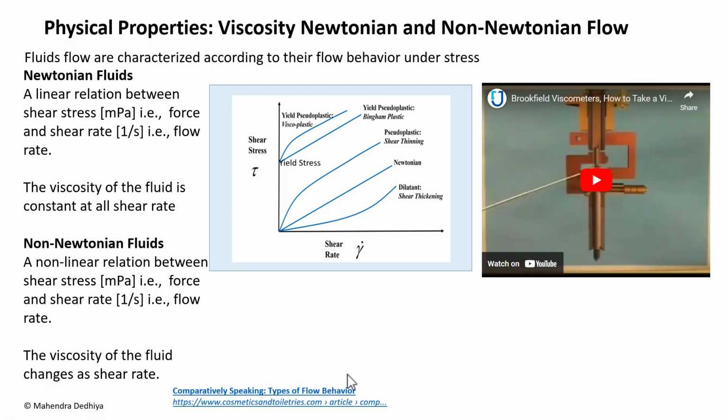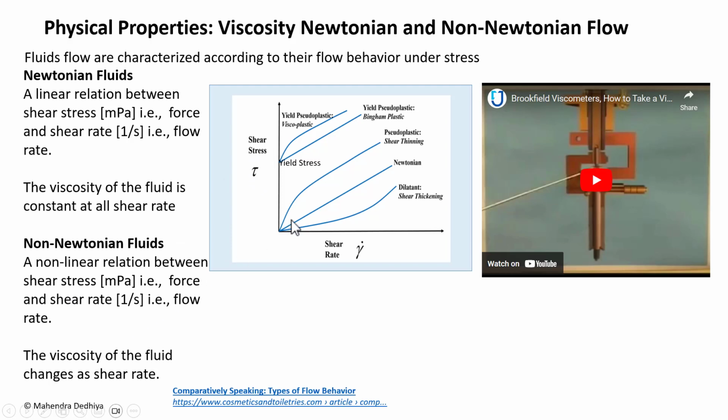Viscosities are classified in two major groups, Newtonian and non-Newtonian. Newtonian flow, when we apply shear stress or force, shear rate is proportional to it. More shear stress applied, proportionally shear rate will increase. And viscosity of fluid is constant at all shear rate. Non-Newtonian flow has a non-linear relationship between shear stress, that is the force applied, versus shear rate, the velocity divided